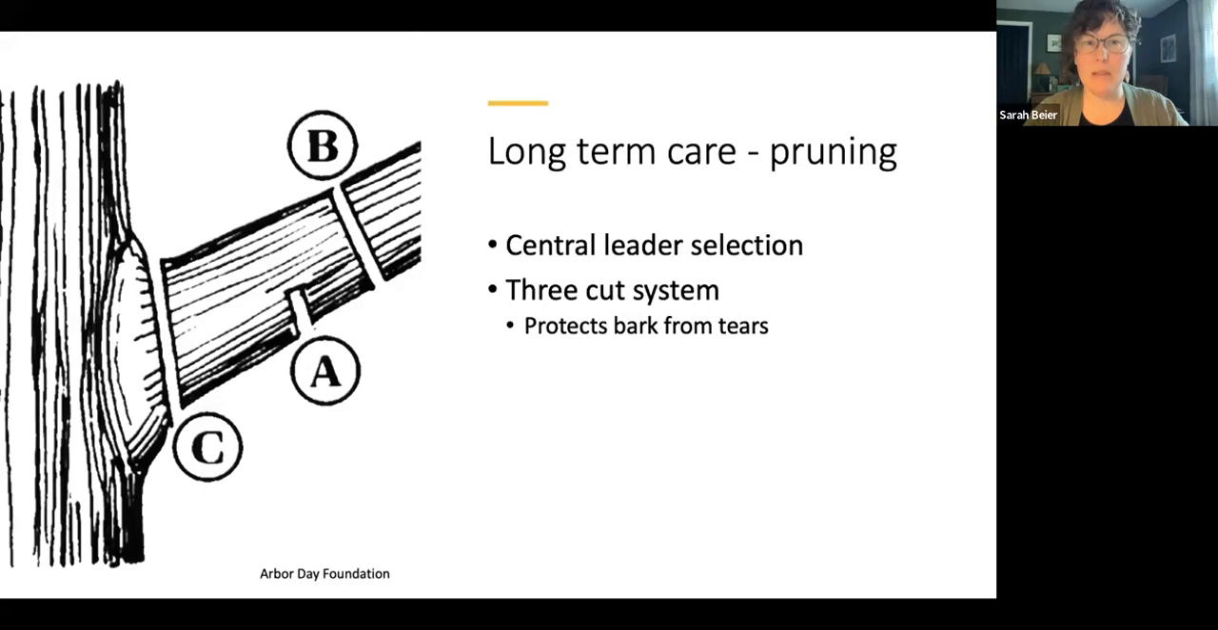So if I was to go and make a cut at B, you can imagine that by the time I get like halfway through that branch, the weight of what's left is going to be pulling that down. And that can actually then just tear and strip the bark all the way down the trunk of the tree in some cases. So we're going to protect that by making our first cut at A and making a partial cut on the bottom of the branch. That way, when we cut B, that can only tear as far as A, and then we have the weight off